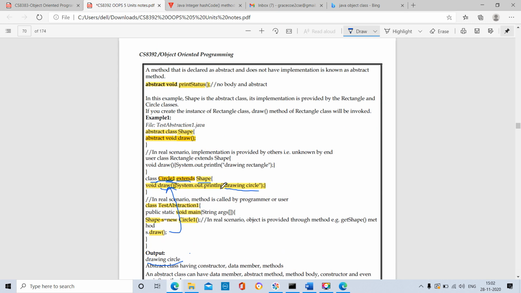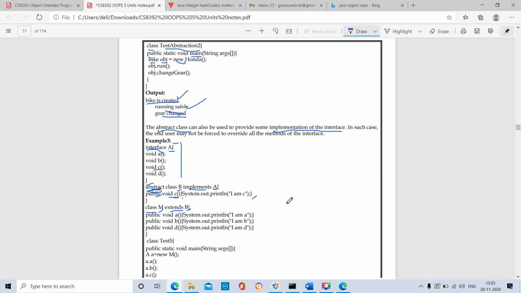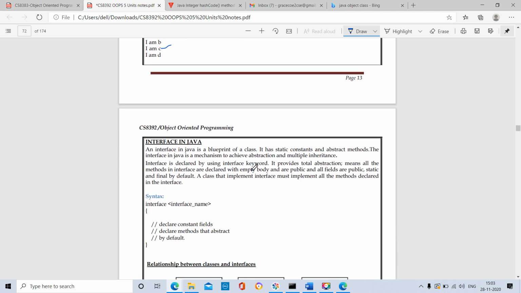Abstract class. An abstract class may contain abstract methods or non-abstract methods. Those abstract methods can be defined by the use of the extends keyword or the implements keyword. By using the extends method and by using the implements method, we will define the abstract methods. Okay. Next our topic interface, we have seen already.